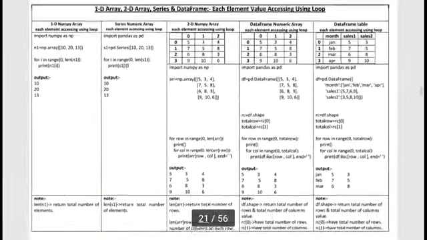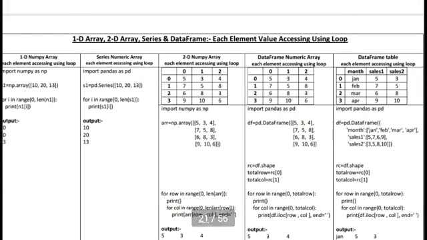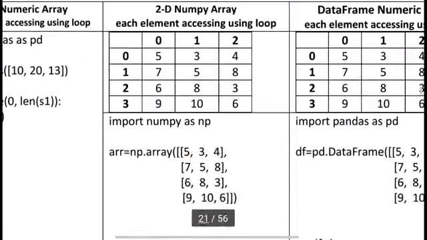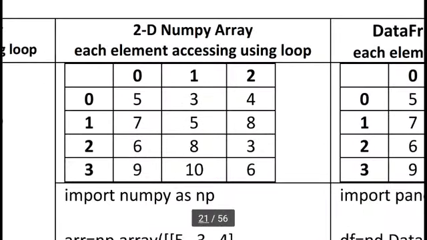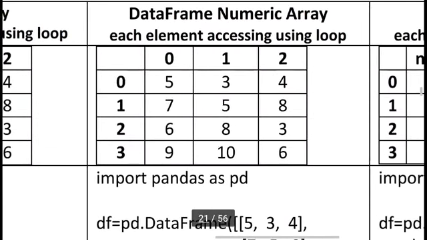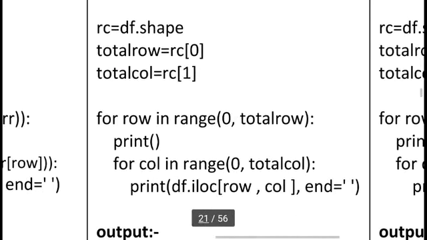So you can see in this example we have several ways to access each and every element. Suppose we have a long table, a large volume of data, and I want to check something. For each and every element value I want to check. For this purpose, we must use the loop concept. Suppose in this data frame I want to display only even values. To select or check even values in this numerical array or data frame, we must use a loop.